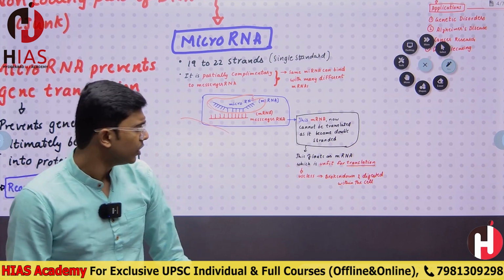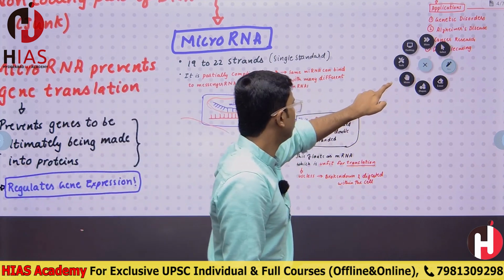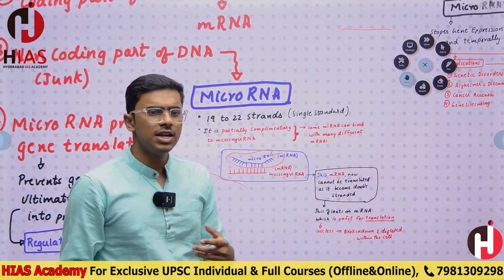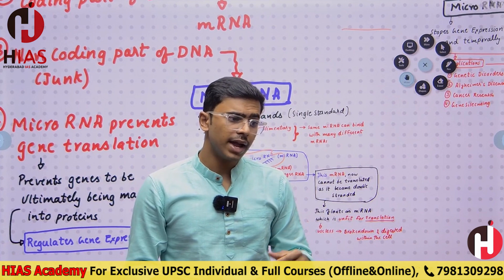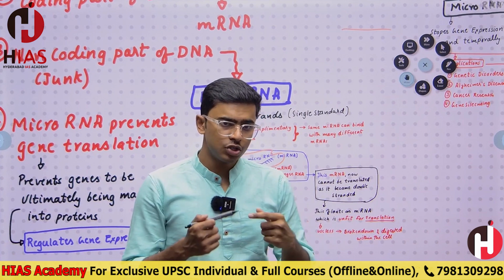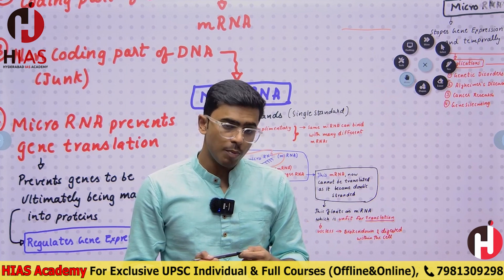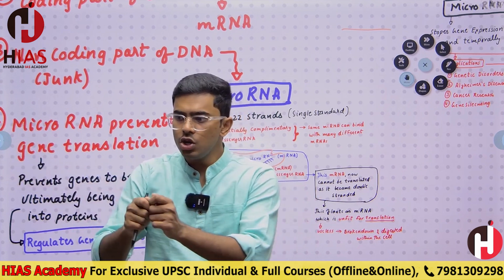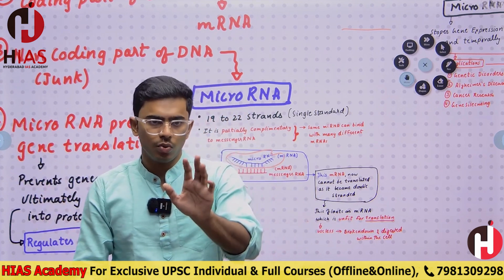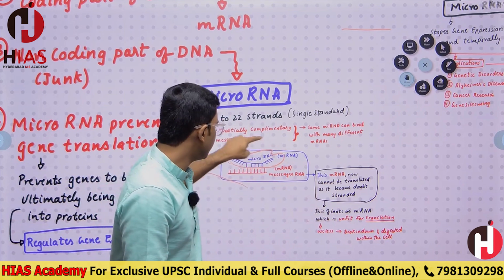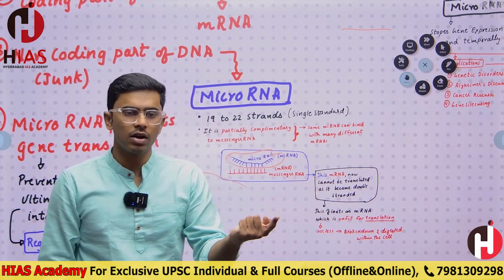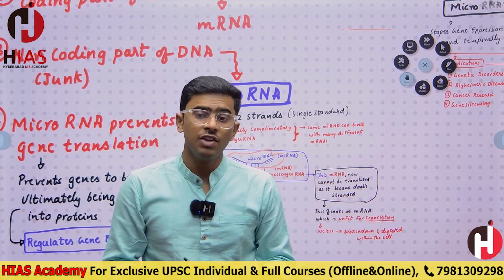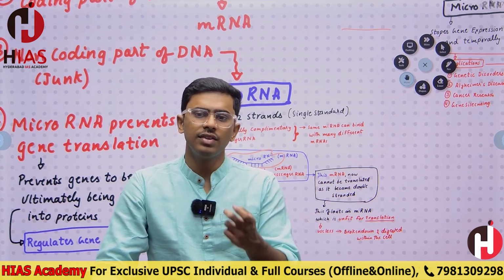Alright? Now, why is this really important? Because they've actually told you that there is a mechanism in your body which is stopping your genes from being expressed, and that too from your junk DNA. So they have opened a new world. Now, if I make this microRNA in the lab, and if a particular person has sickle cell anemia, what